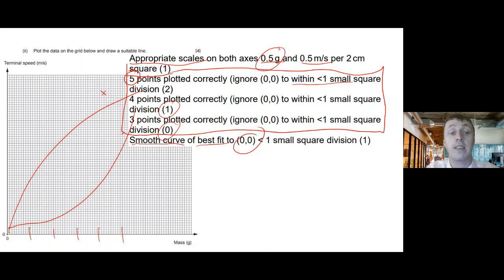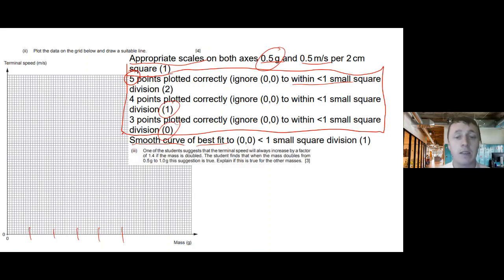It just says that it's a smooth curve of best fit. So that's 4 quite easy marks just by using a graph. And quite often, once you've got a graph, they'll often ask you to use the graph to do something else. So if we've plotted a nice graph, they could have then asked a statement like this, where